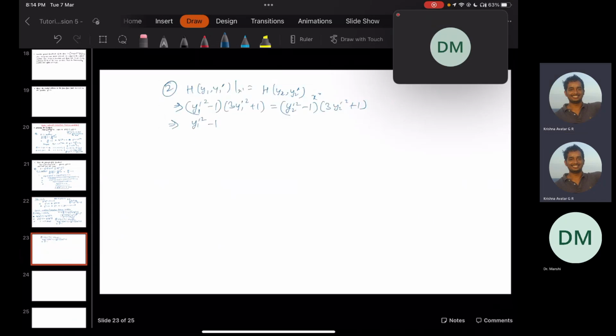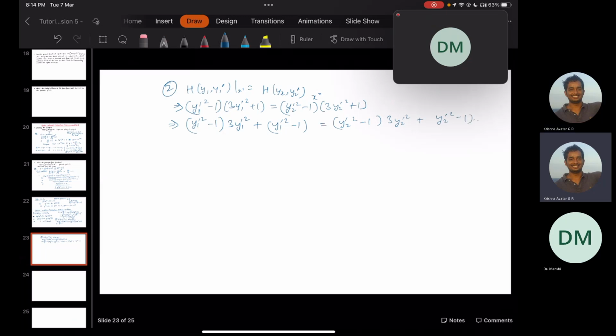Okay. So we'll have (y1 squared minus 1) into (3 y1 prime squared plus y1 prime squared minus 1). And then likewise, we'll have (y2 squared minus 1) into (3 y2 prime squared plus y2 prime squared minus 1). Okay. So this gives us 3 into y1 prime to the power 4 minus 3 y1 prime